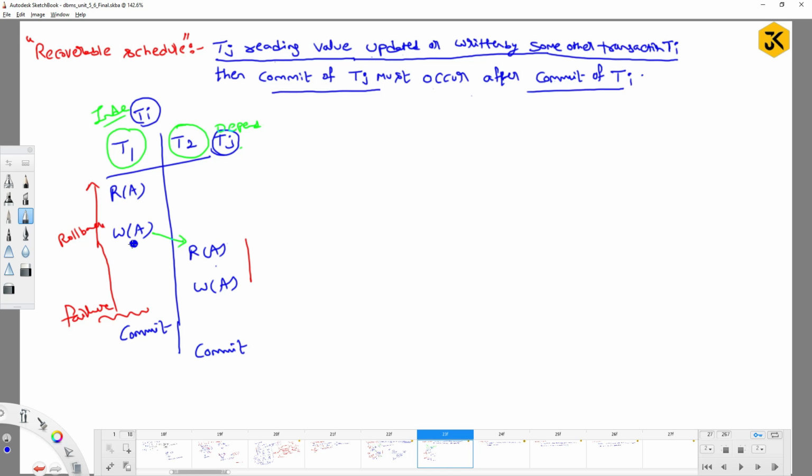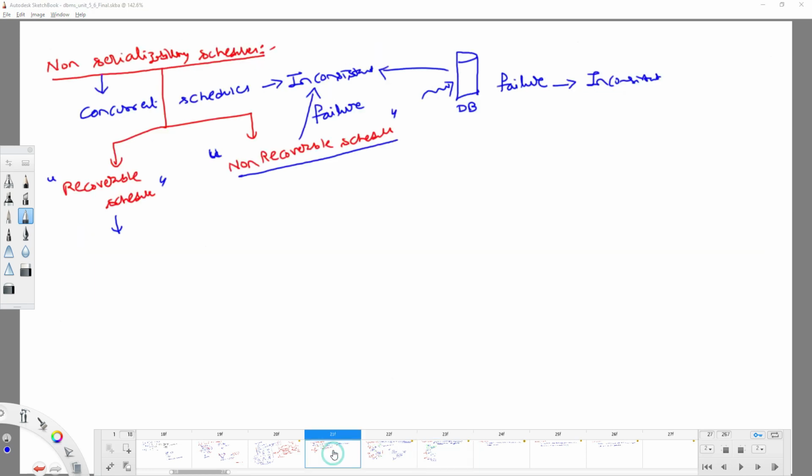Can I write it? I can write it anywhere, there is no problem. But the point is, before committing the Tj, definitely you have to commit, that's it. So the order of commit can be varied, right? So based on the order of commit,